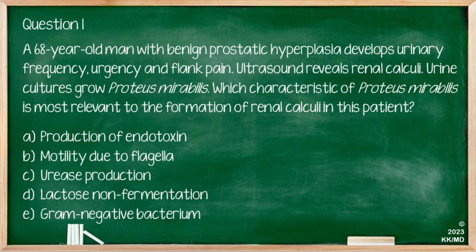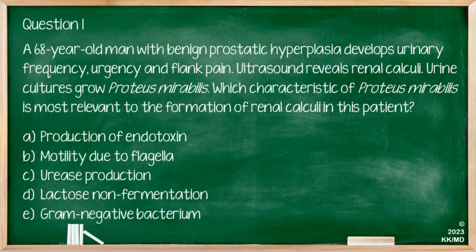Option A, production of endotoxins. Option B, motility due to flagella. Option C, urease production. Option D, lactose non-fermentation. Option E, gram-negative bacterium. If you were paying attention, you would realize that the key factor that results in Proteus